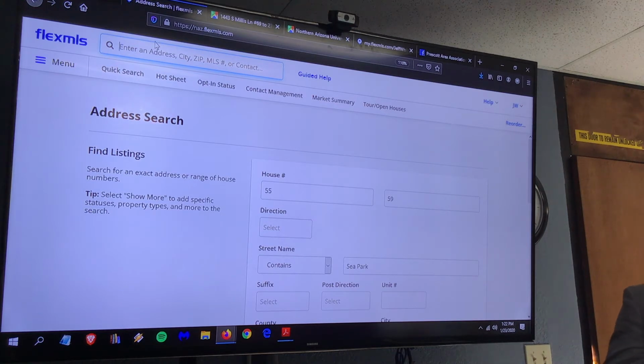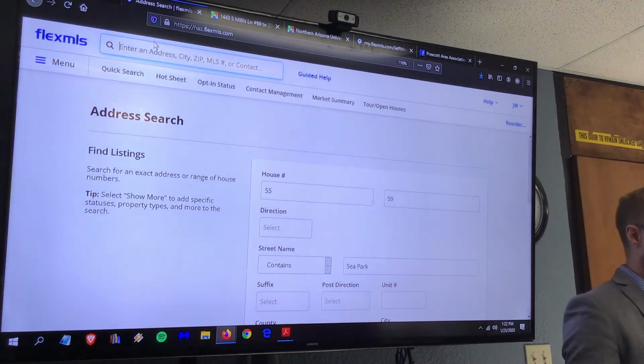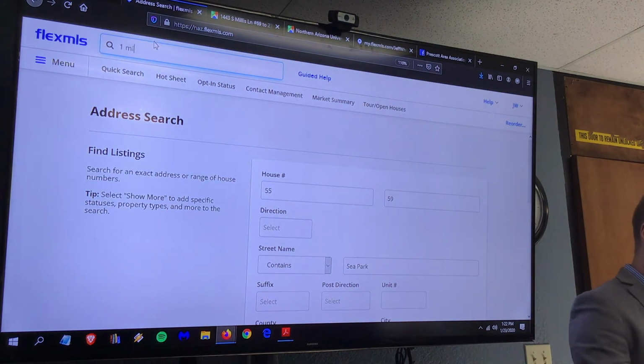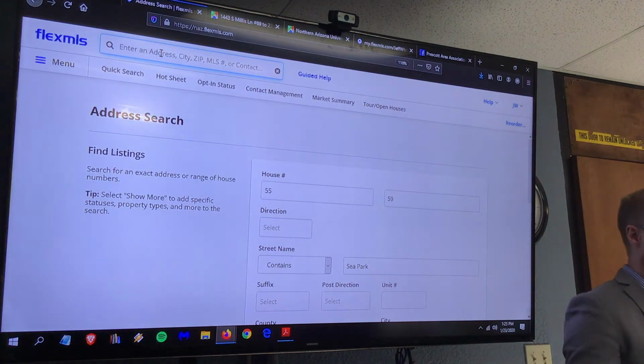So the next one we're going to do is the red push pin. We're now down at the bottom of page 2. Now, I showed you can do a radius search by typing in 1 mile from, 2 miles from, 3 miles from. But the minimum here is 1 mile. You cannot go less than 1 mile up in the quick launch. But if you want to go less than a mile, if you go to the quick search,